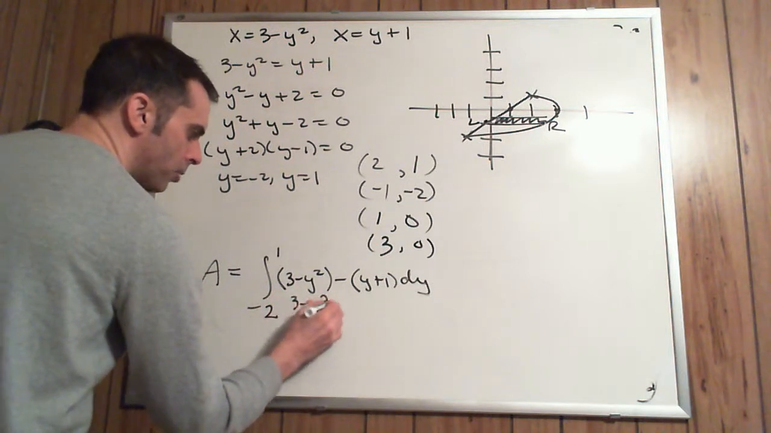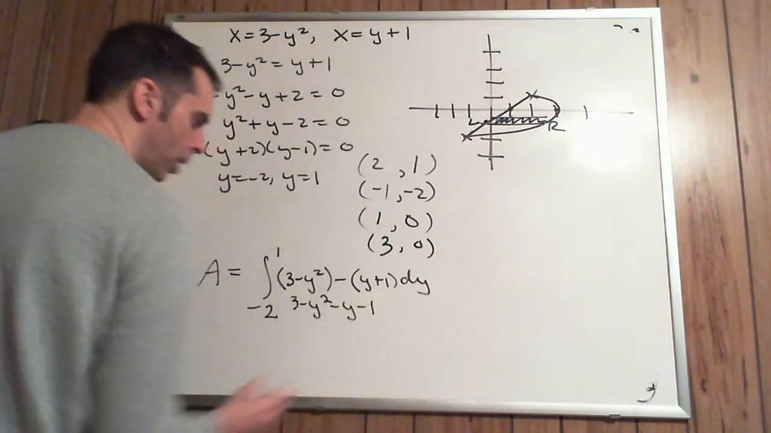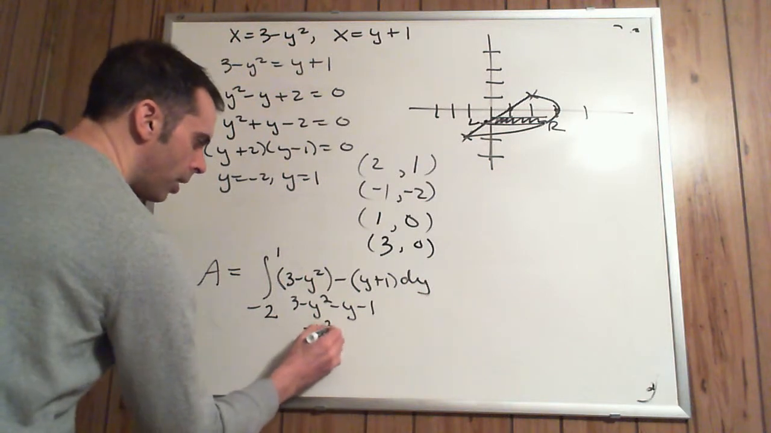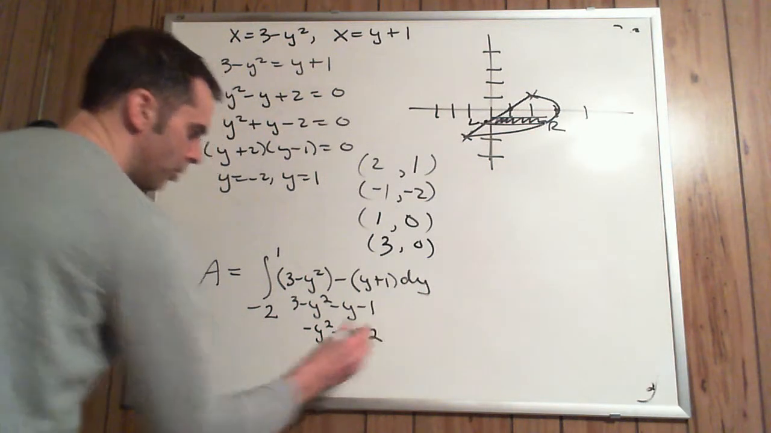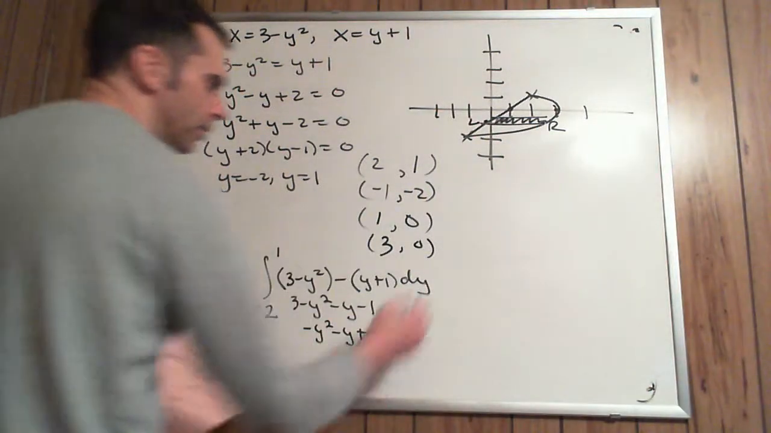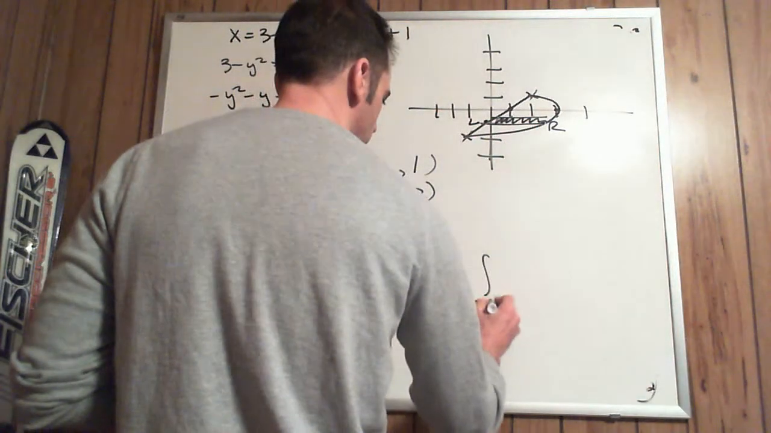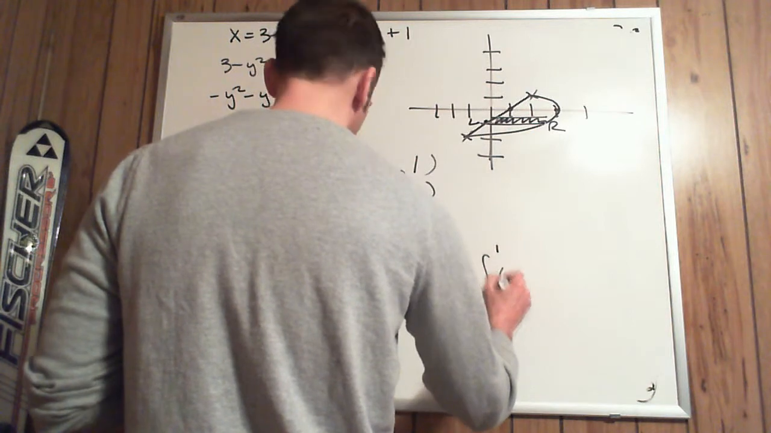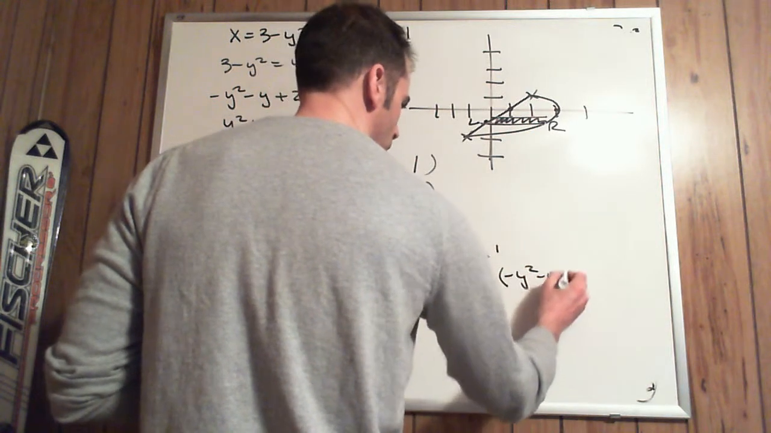So clean this up. 3 minus y squared minus y minus 1. And that's negative y squared minus y plus 2. So definitely clean it all up before you start taking the antiderivative. So this would be equal to the integral from negative 2 to 1 of negative y squared minus y plus 2,